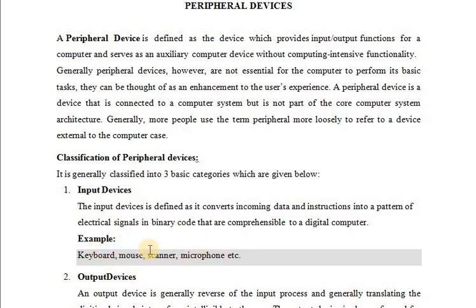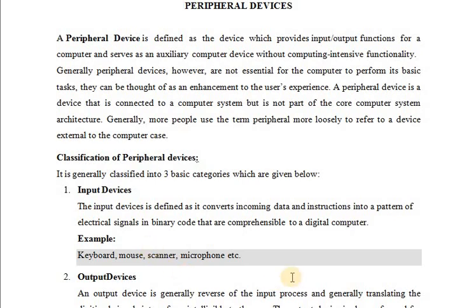In the keyboard we are giving some input, for example, pressing some keys, 4, 5, 6, 7, or any alphabets A, B, C. It is converted into the format of binary code. A computer understands only the binary code. So if you press anything on the keyboard, it is converted to binary, which is understandable by the computer.